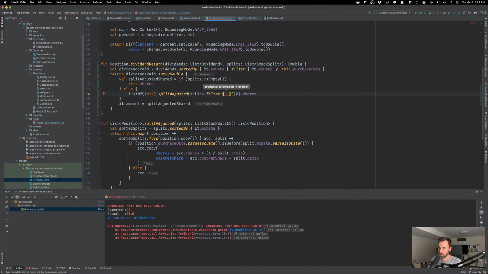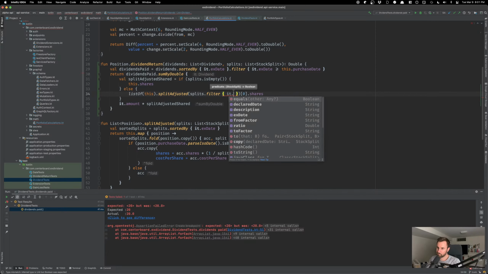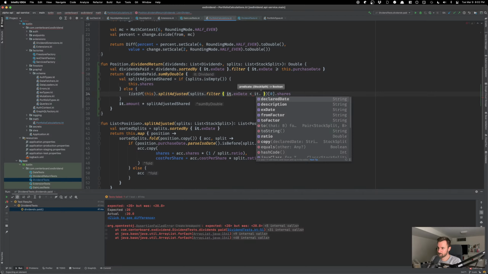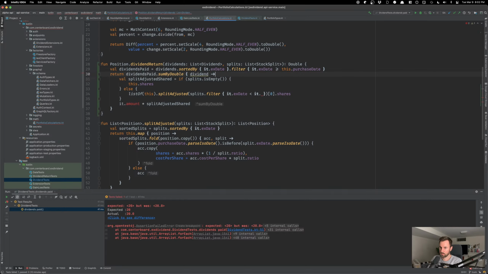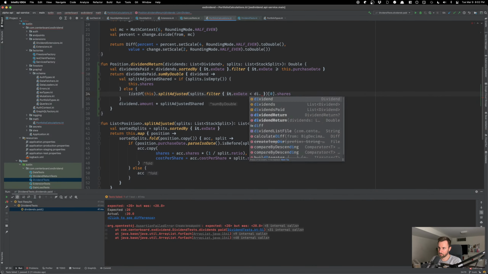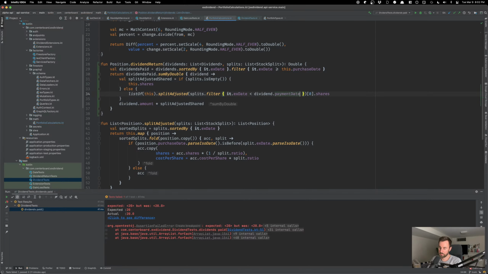So we're going to say filter, so we're going to say if the X date of the split is before the, and we're going to have to name this. So if it's before the payment date,